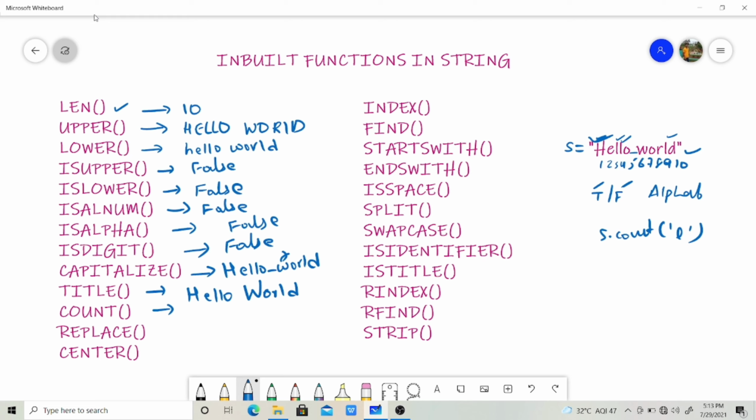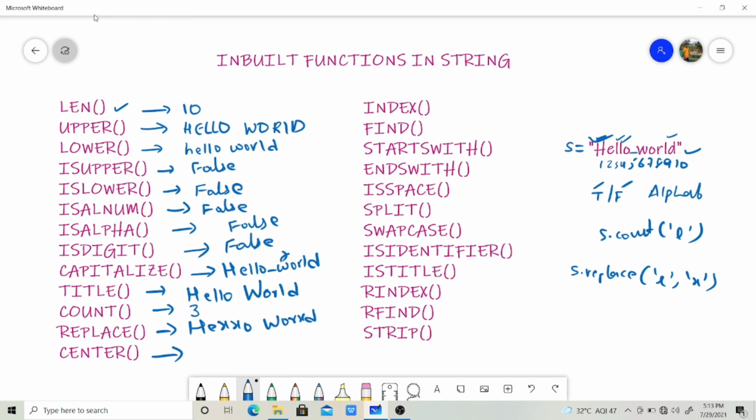There are 3, so it will return 3. replace(): if you want to replace any character with another character, for example s.replace('L', 'X'), it will replace L with X and return HEXXO WORXD. It will return in this way.